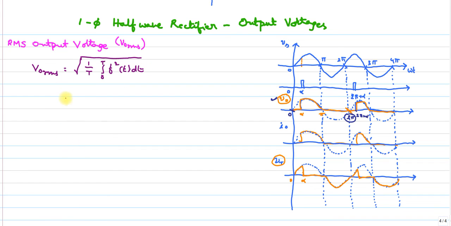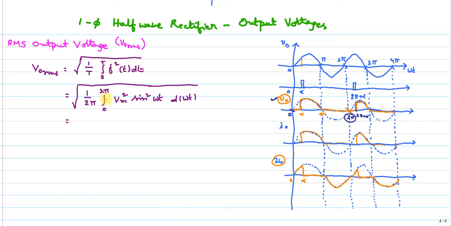According to this, if I substitute all the values, I will get 1 by 2 pi integral 0 to 2 pi f square of t, which means Vm square sine square omega t d omega t, which is equal to